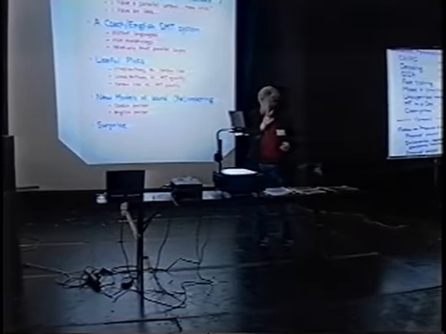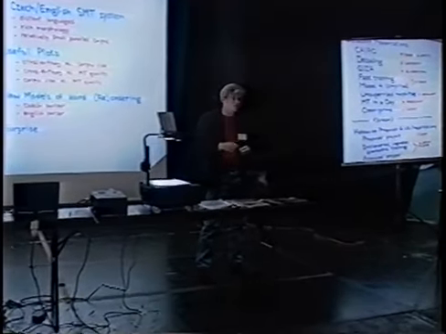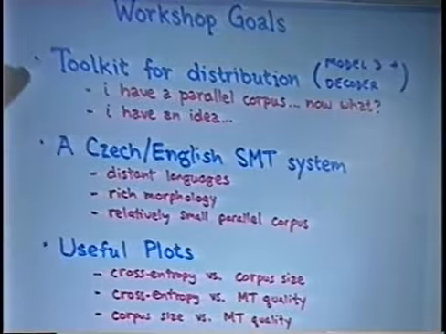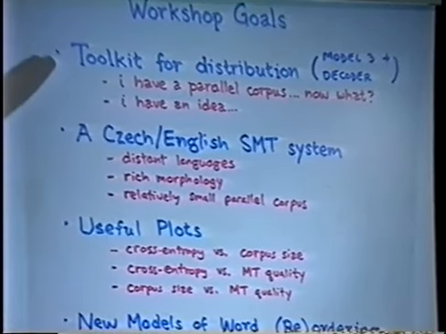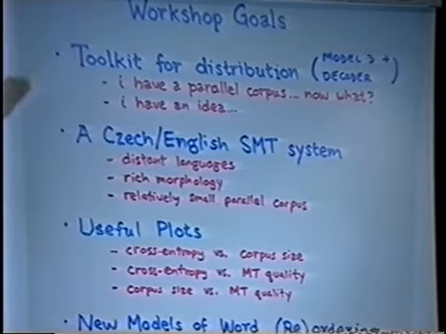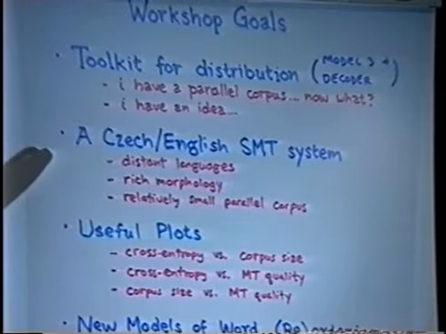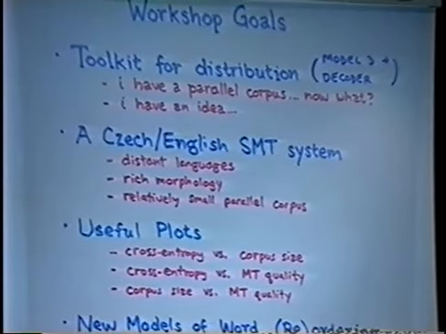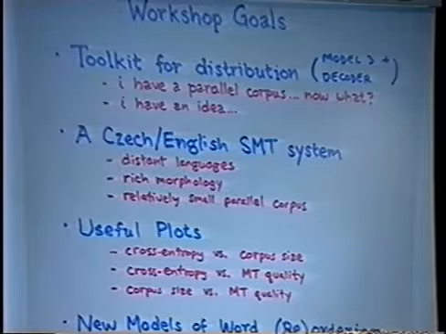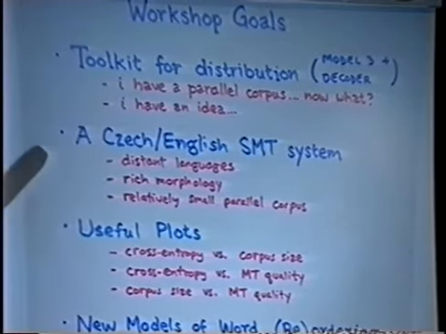So let me just summarize in 2 minutes and take any questions if you have some, and then we'll go to the next part of the presentation. Okay. So these are the original goals we had. Just to review, I think we did very well putting together this toolkit. It was thousands of lines of code, and it wasn't very clear that we'd be able to get this completed. We built an initial Czech English SMT system, and Jan presented results on not just the baseline system, but actually we had time to do some improvements and do a very initial evaluation of those improvements, which is a little bit beyond what we had expected to do there.